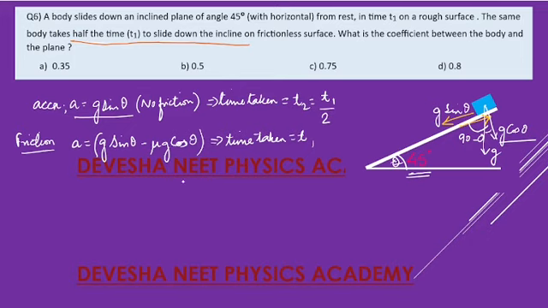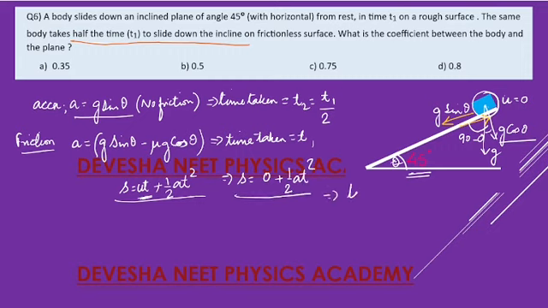So now what is the formula we know of? S is equal to ut plus half into a t square. This is what we know. If there is no initial velocity while falling down, means if it is falling from the top here, when it's falling from the top, at that time it is at rest. It is falling from here, it means u is equal to 0. So in that case S is equal to 0 plus half a t square,